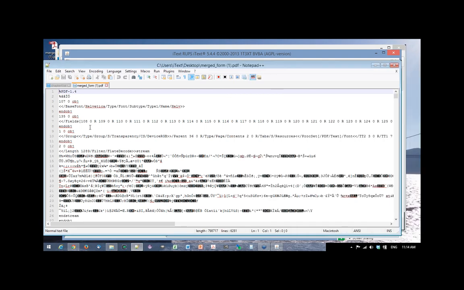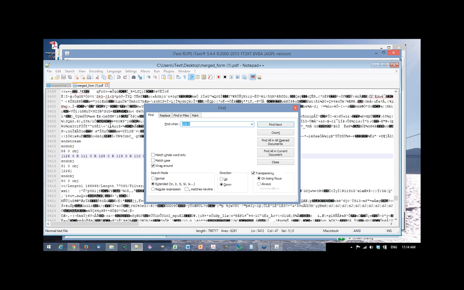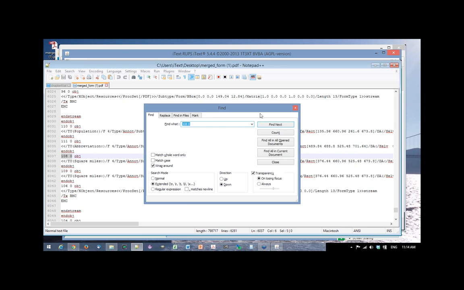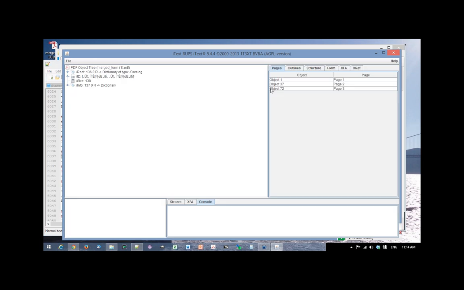So, for instance, I have here all my fields, and I would have to then with Control F say, well, I'm looking for an object 108R, and then I had to look at this object like this, saying, this is the square miles, and it's an annotation of widget, type widget, and stuff like that. It was really difficult to debug PDFs this way, so we wrote something called reading and updating PDF syntax, and